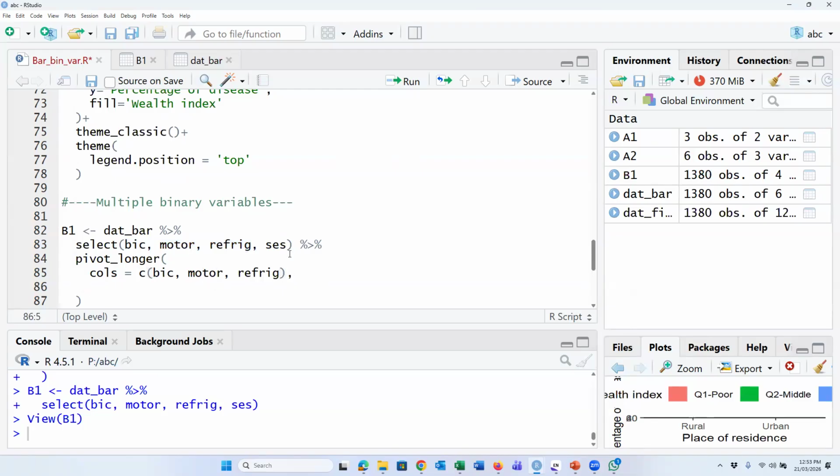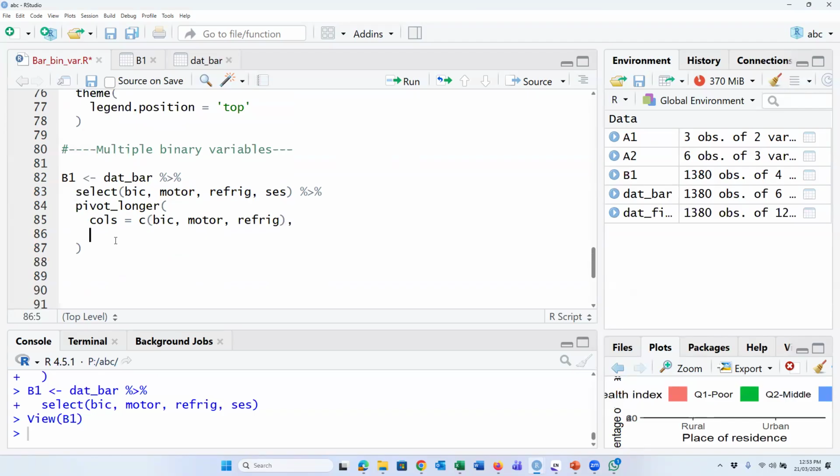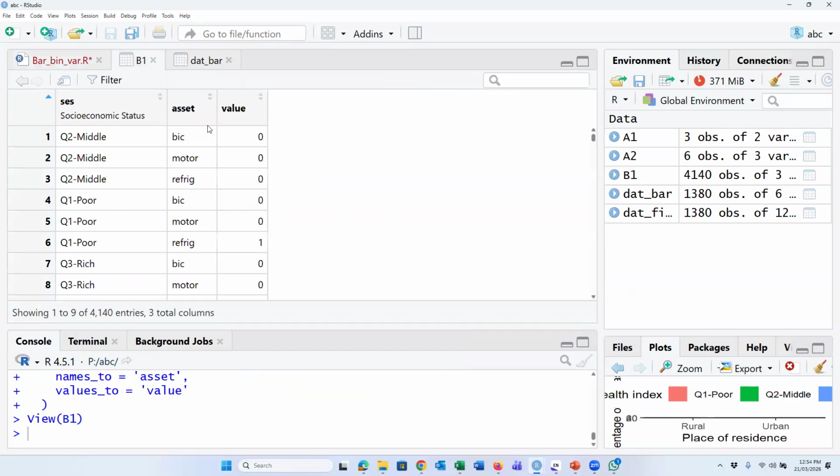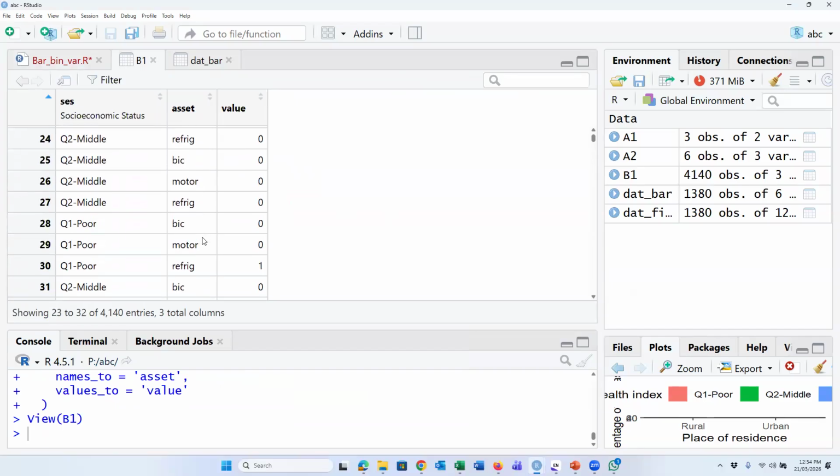Then we will give a common name, for example, name2 is equal to asset and value2, just value. So if we run, an error, yeah, this is called long format. Asset is bike, motor, again bike, motor. This is called long format data.